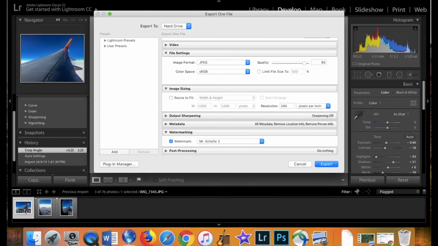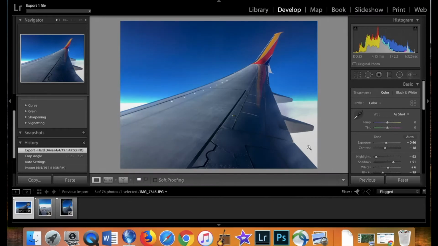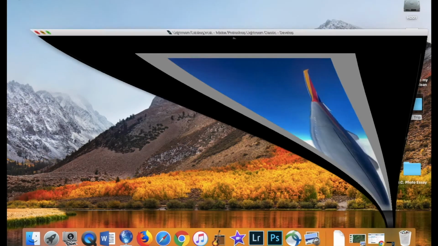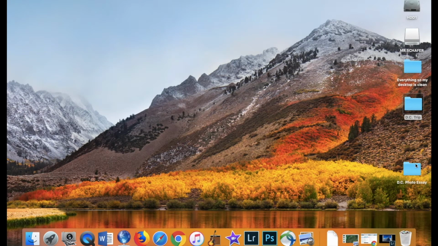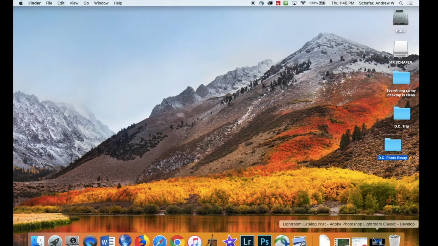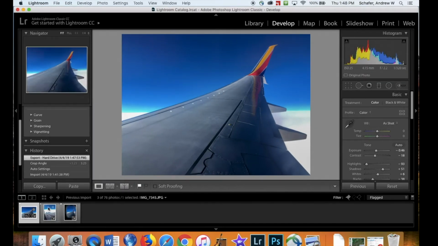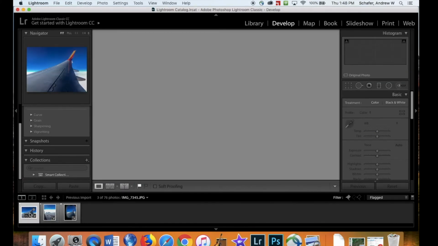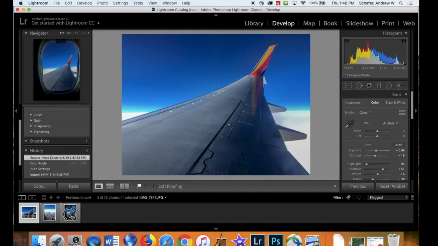Now, I had only selected one image, so when I export this, it will export only one file within that folder. I'll minimize this. Here's the folder I just created. If I double click it, you'll see the photograph that I edited within Lightroom. In most cases, you will select multiple photographs by clicking, holding down Shift,